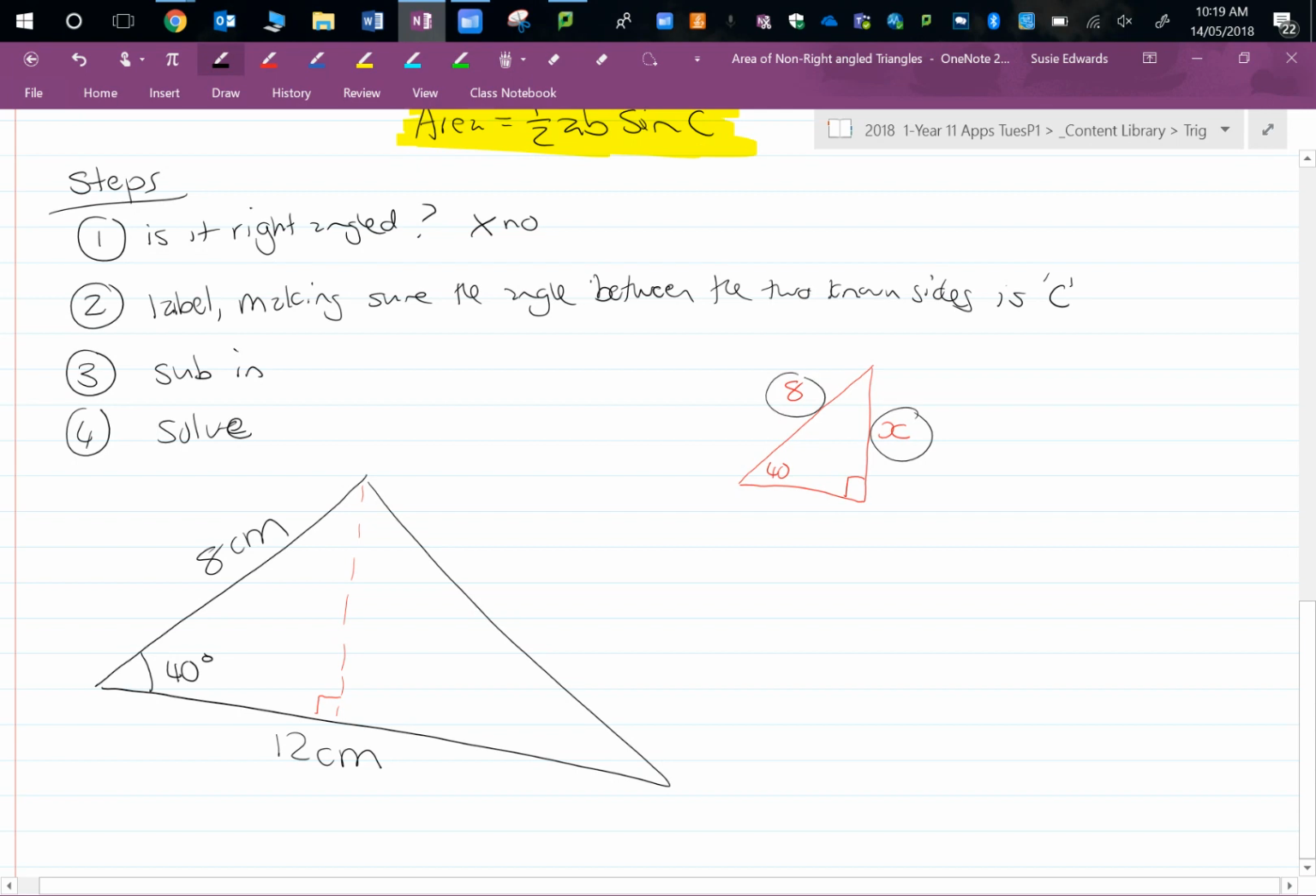Opposite over hypotenuse. So I'm going to go SOH CAH TOA. No, you don't need to write this bit down. If you want to, it doesn't matter. Sine 40 equals X over